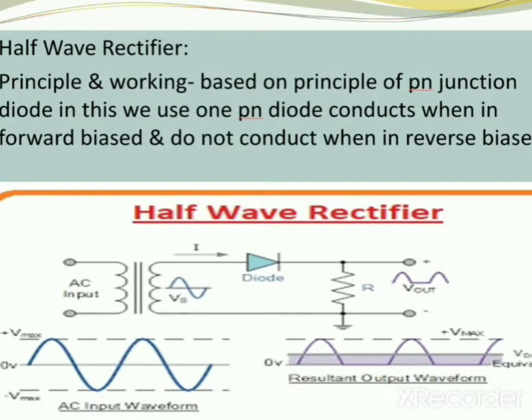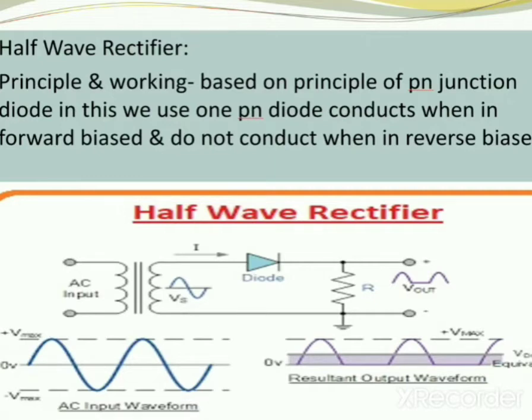Let me tell you about the transformer. A transformer works on the principle of mutual induction, that a uniform change in current in a coil, which is the primary coil, will induce an EMF in another coil. The other coil is the secondary coil, which is inductively coupled to the first coil.